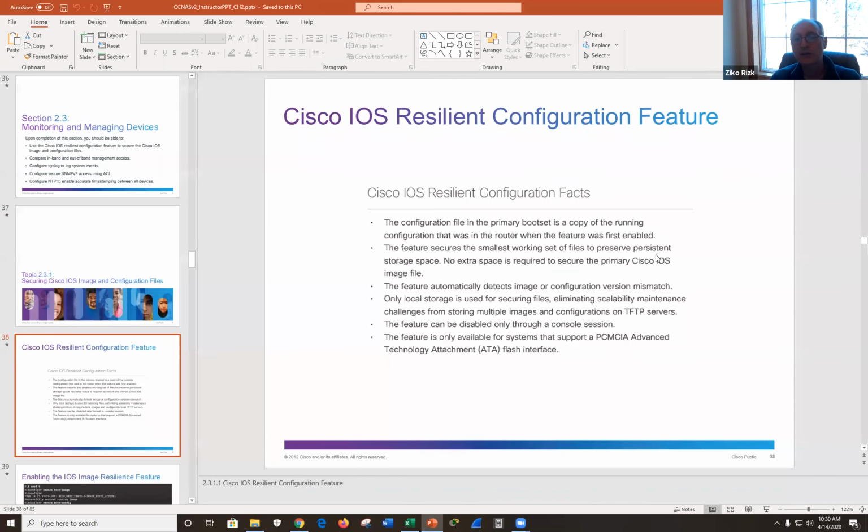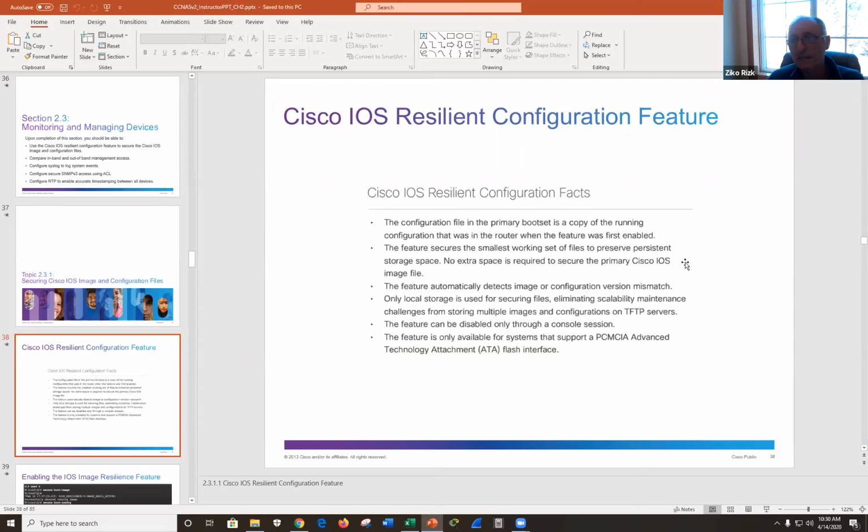Okay. And this is talking about the resilient configuration features to protect the iOS, because if you are a black hat hacker, what you really want to do is take control of the operating system. Or in the case of a switch or a router, you want to take control of the configuration files. Make sense, everybody? So we want to protect those two files because the iOS operating system is a file. So we want to protect that file, and we want to securely back up the configuration file. So if someone was to change them for whatever reason, accidentally or intentionally, we want to be able to restore the proper configuration for that device.